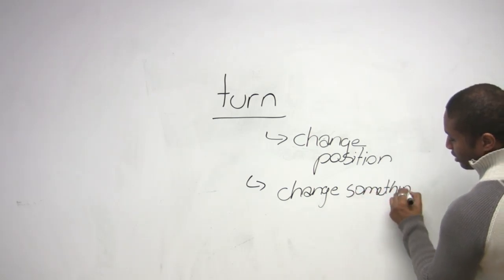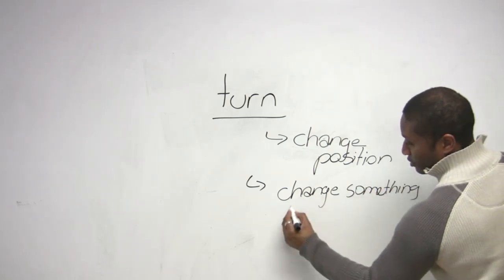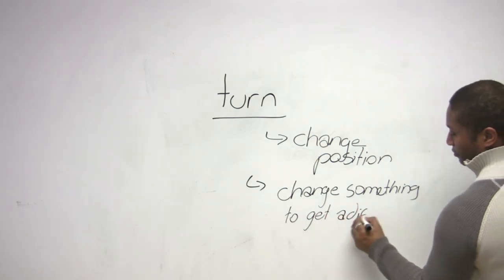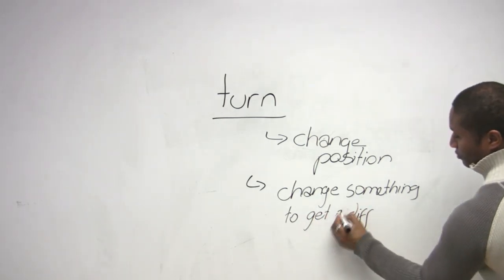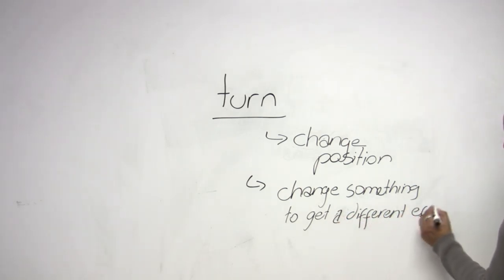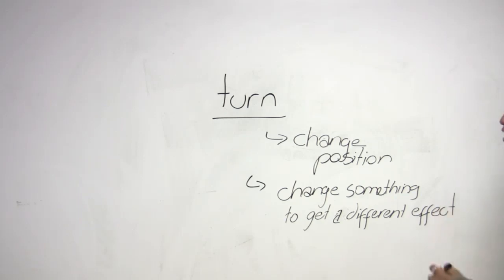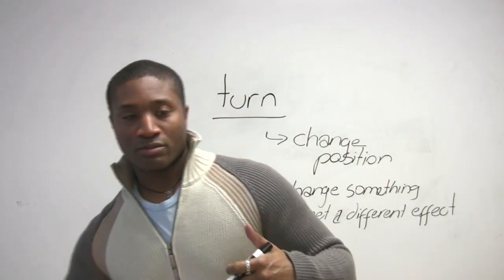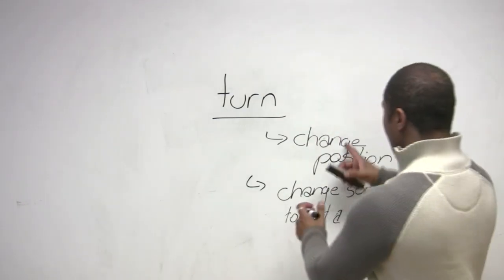So to change something to get a different effect on it. Okay? So keeping these in mind, let's look at different phrasal verbs and we'll try and keep in mind these